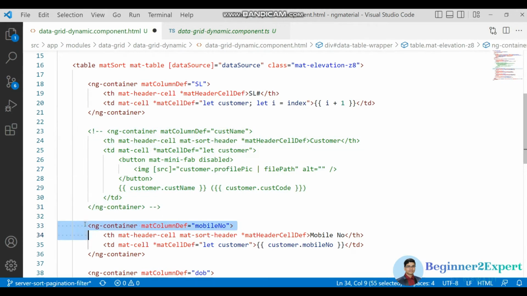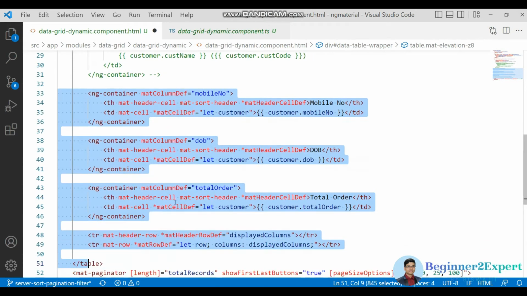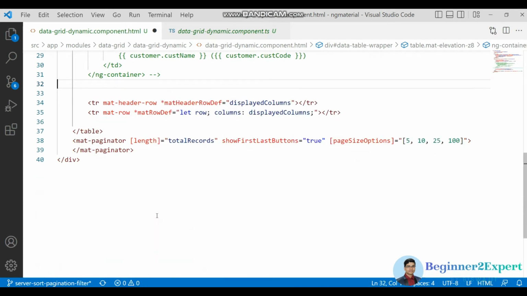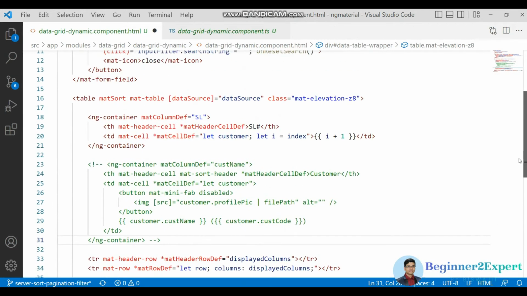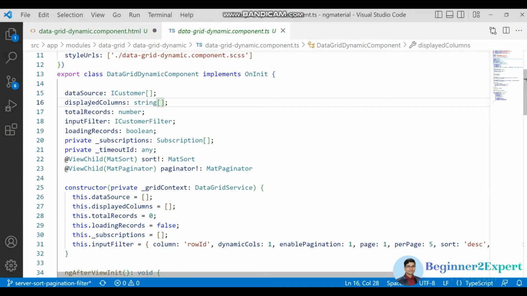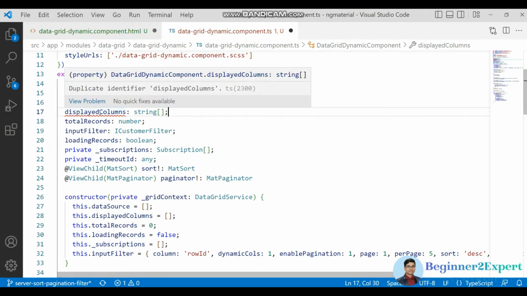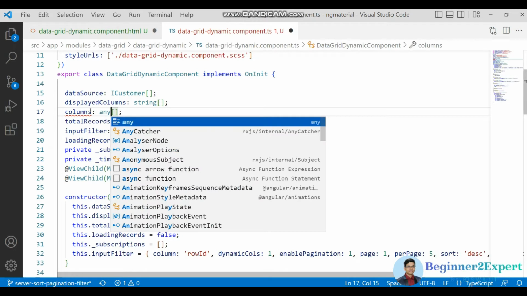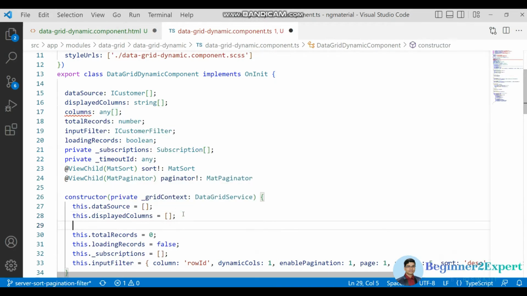code and remove all other static columns from here, and then I would like to loop through this ng container here. Sorry, maybe column of, it is called my main column is. So here I would like to create one more variable that is called columns array, as of now any, and then I will assign columns equal to this,